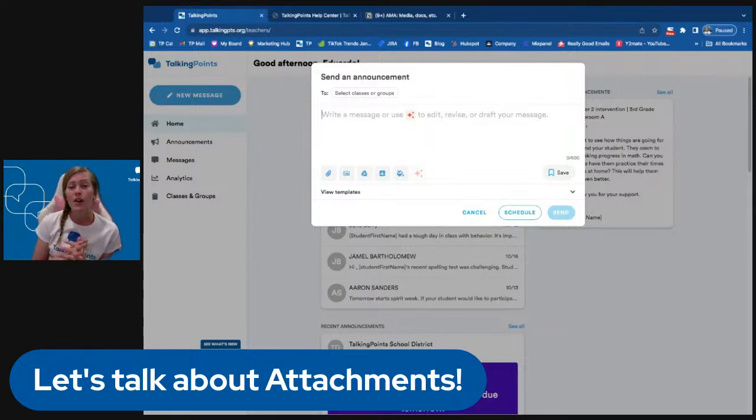And our recommendation when you are sending videos is, if 25 megabytes doesn't cut it for the video you want to send, upload it to YouTube and send them a link if it is longer than that 25 megabytes, because links also work in the Talking Points messages, regardless if it's free or paid. So videos can also be sent from this photo button or Google Drive. So that covers photos, videos, and documents.